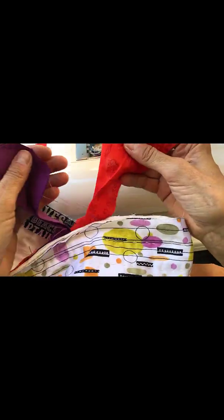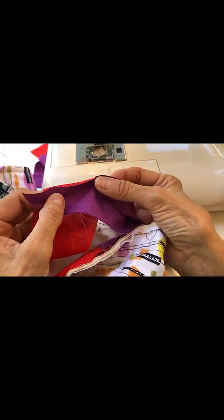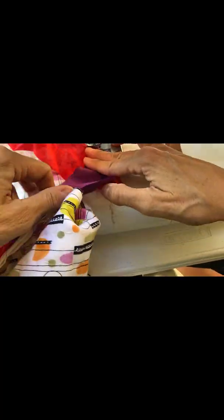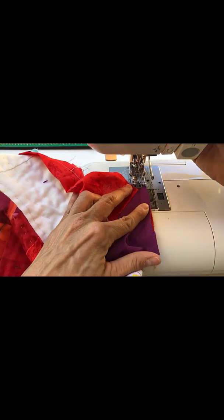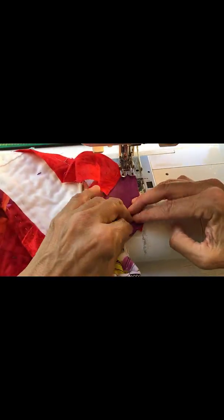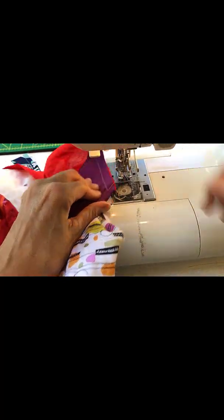Okay, so I'm going to fold my quilt here in half where I have and I am going to put, okay, so you can see it's going to go just like that. So I'm going to lay those together right on their fold lines. That's going to be my stitch line. And the more room you leave yourself, the easier this is. I'm going to line them up so I have this nice V right here at a 1/4 inch. And you can see there's my fold line. Okay, and I'm just going to follow that fold line. And it's okay if it isn't